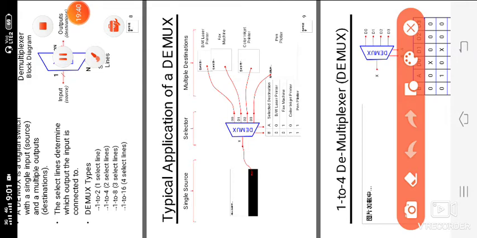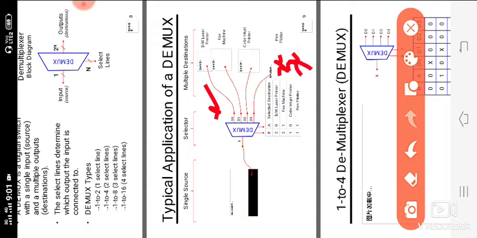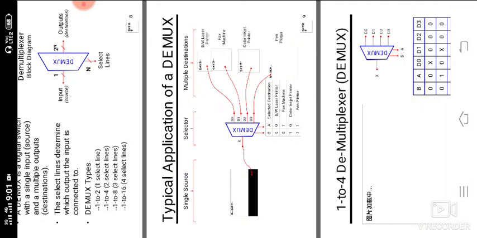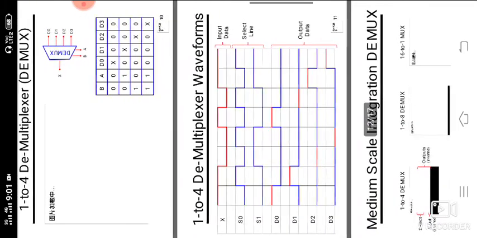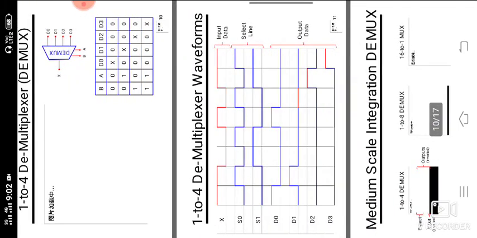Here, we first apply the 0 0 condition, and x will be here. Next we apply the 0 1 condition, x will be here. Next we apply the 1 0 condition, x will occur here. Next we apply the 1 1 condition, x will be here. This is the mux operation. So we have observed our 4 to 1 mux.